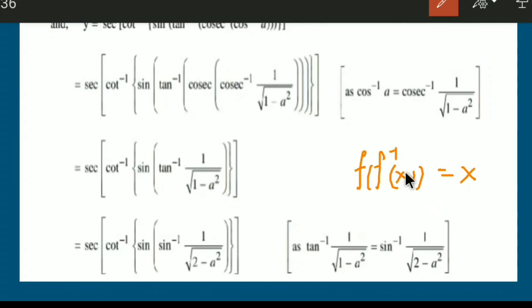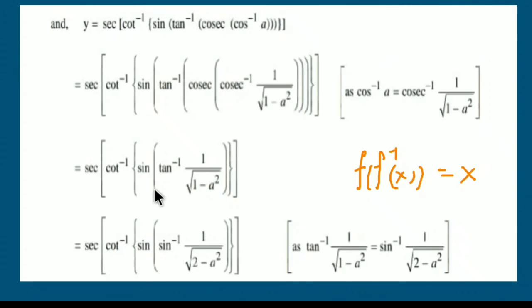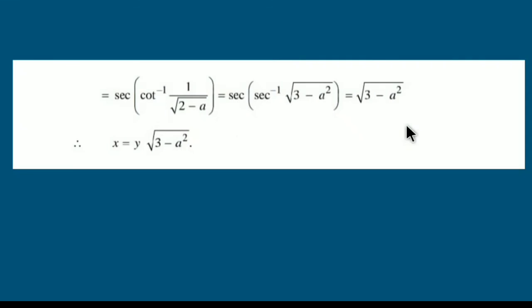So in other words, the function is not periodic over there, as no inverse trigonometric functions are periodic. So we check it this way: sine of tan inverse 1 upon under root 1 minus a square, and tan inverse can be converted into sine inverse 1 upon under root 2 minus a square in a similar process, and sine of sine inverse is the same, and here that is cot inverse of that angle, and then go ahead with the same pattern and sec of cot inverse of this, and hence we say x equal to y